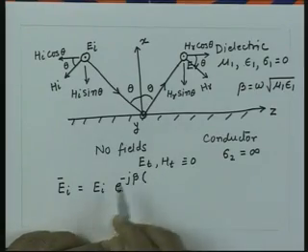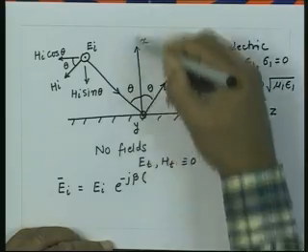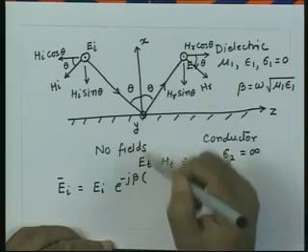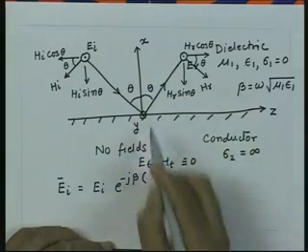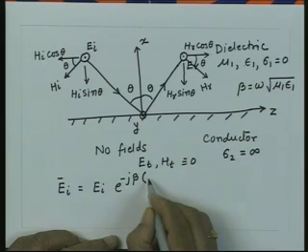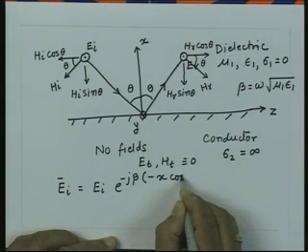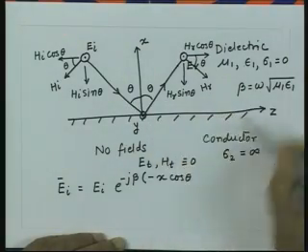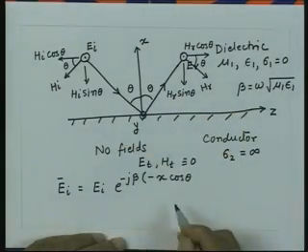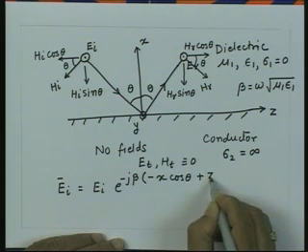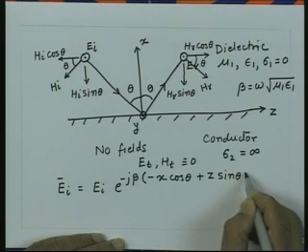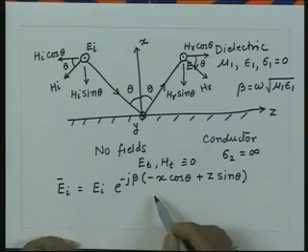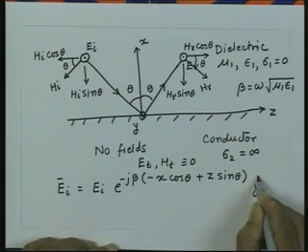Then we can write the expression here. This wave is travelling this way, this is direction x. The angle which the wave makes with the x axis is pi minus theta. So, you will get x cosine of pi minus theta, which is minus x cos theta. The angle which this makes with the z axis is pi by 2 minus theta. So, that will give plus z sin theta, and the direction of this electric field is in the y direction. So, let us put a unit vector y for this.